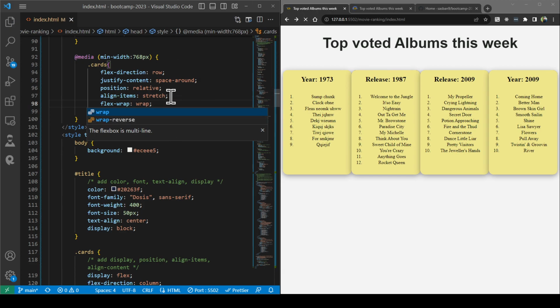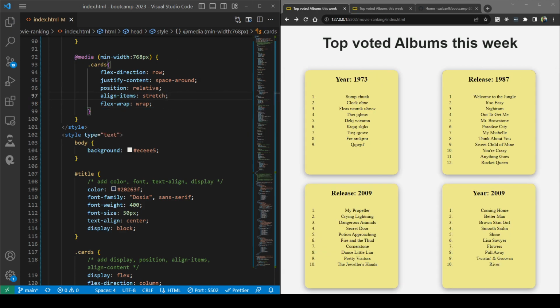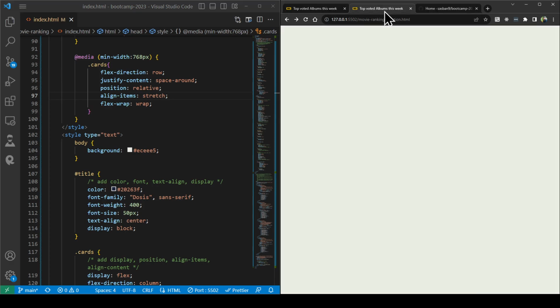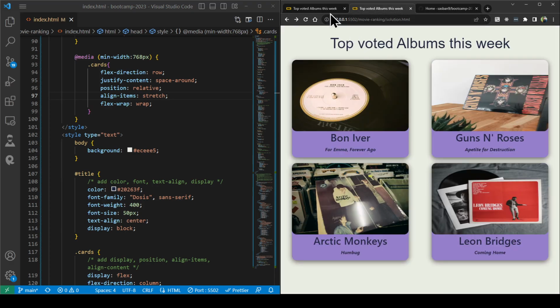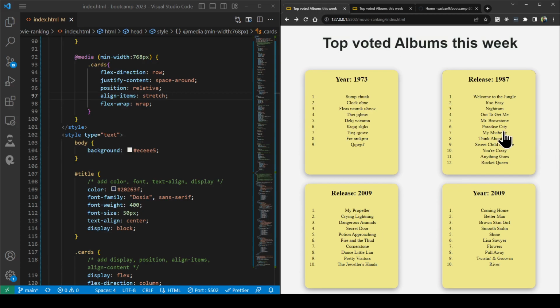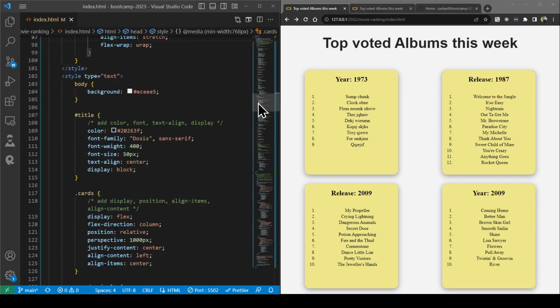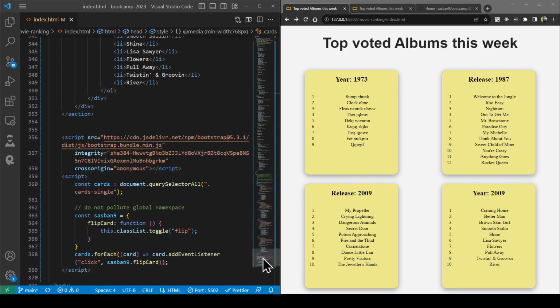If we have flex wrap, it will come in two different places. So now it has taken that structure, 2 by 2, and it's still not clickable. I'm clicking on them, they're not clickable. It's already hooked in the JavaScript. We can see here we have the card singles selected and we have added that toggle flip,